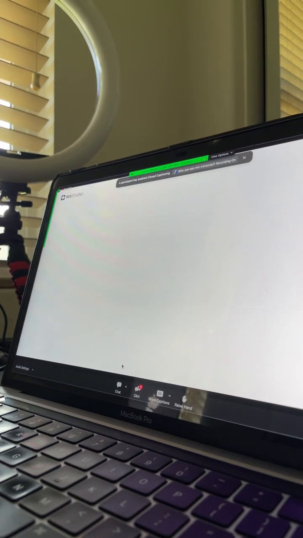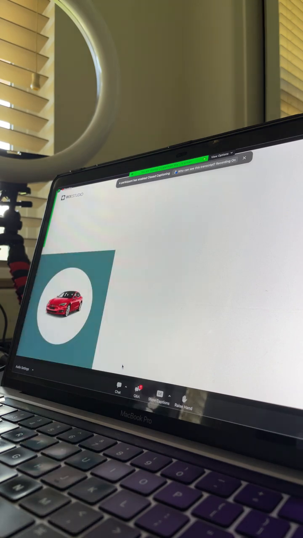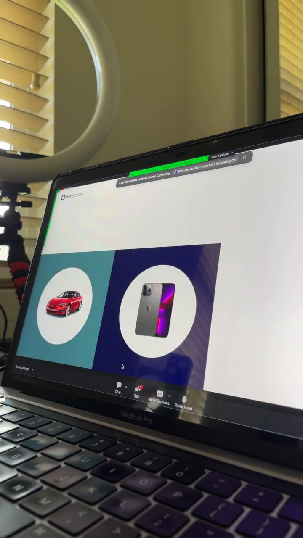So I want to ask you just quickly, what do these objects all have in common? We have the Tesla, we have the Apple iPhone, and we have a pair of Air Jordans. And just take a moment and think, what do these things actually have in common? What is the unifying idea here? Logo? Well, if you haven't guessed,